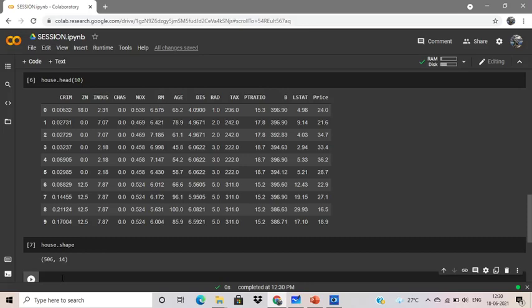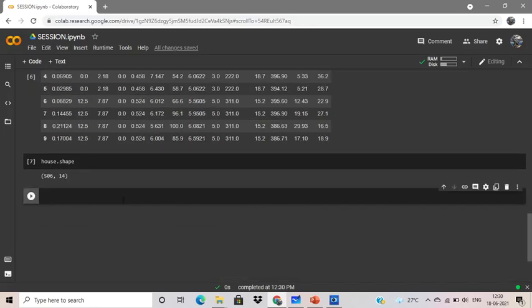So now we will actually make our heat map. First of all we have to make a new variable, correlation. Correlation is equal to house dot corr.